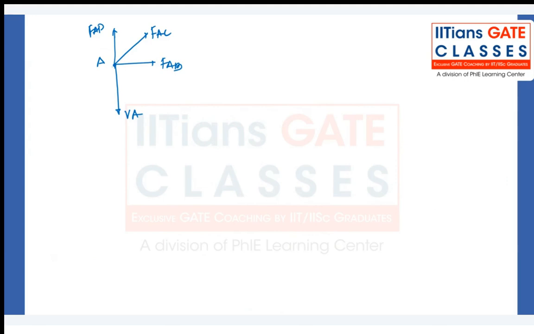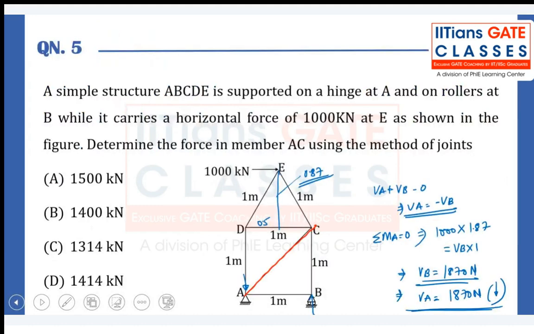All the angles are 45 degree. Horizontal component at HA. Also we can calculate by using this, because if you draw the free body diagram here at point B, we don't have any horizontal reaction because it's a roller support. However, the point A is hinged, so we can say that summation of all horizontal forces is equal to 0,